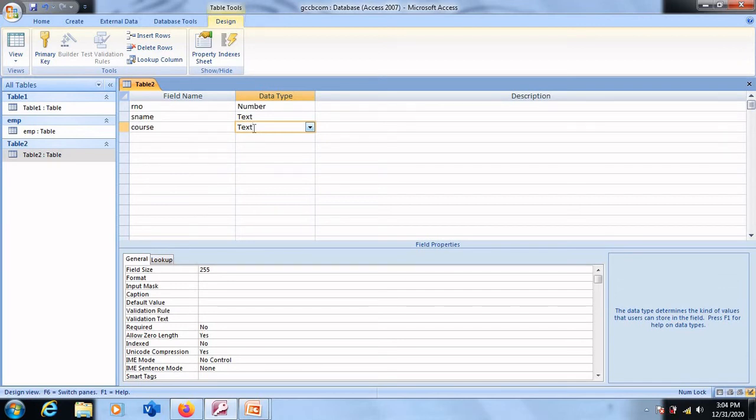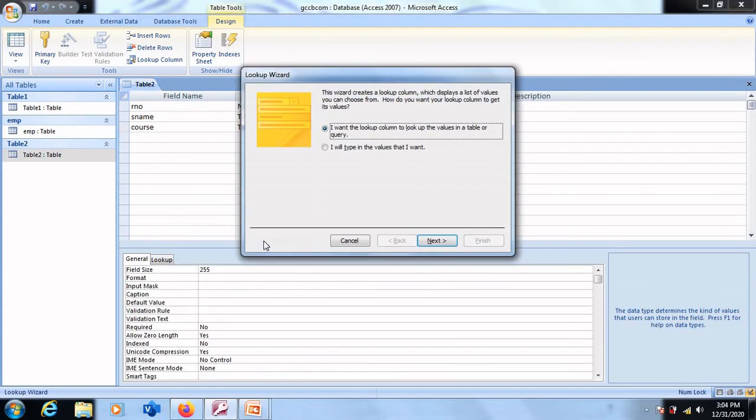Users will have to enter one amongst these three. For such entries, you can select lookup wizard. So let me select lookup wizard. It will display a dialog box wherein it will ask us to enter what entries we have.